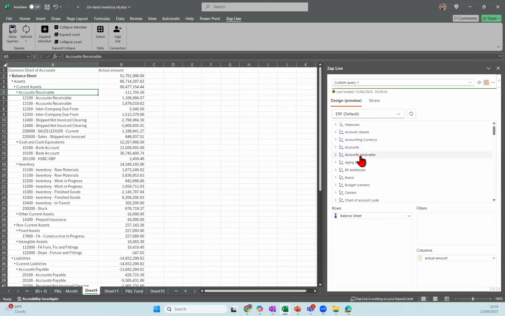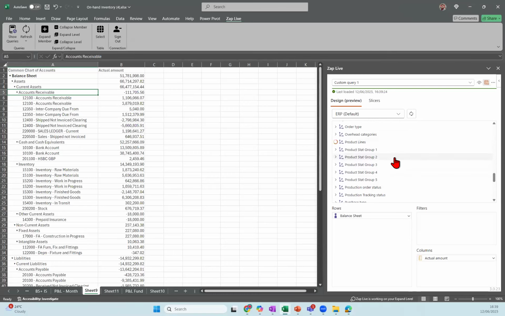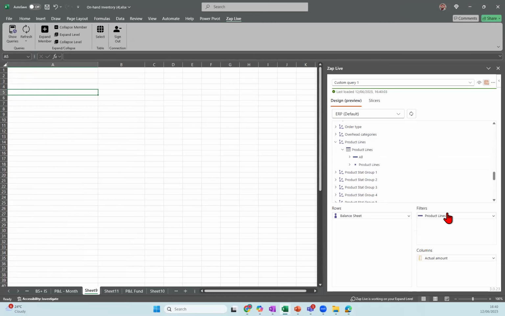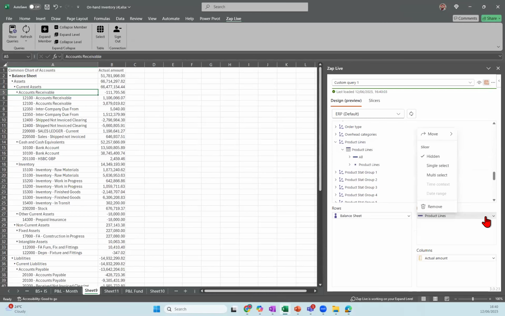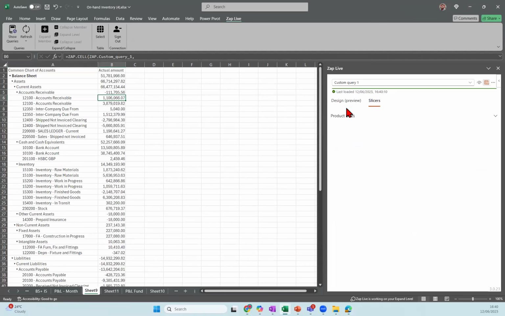What if I want to break this down by financial dimensions? I think for this specific one, it's product lines, the one that I'm actually using. This is the financial dimension that I have here. So let me just find it. I have here product lines. What if I wanted to use this as a filter, right? But I want to have this as a multi-select slicer. So see, I only have aluminum, cement, cereals, coffee,